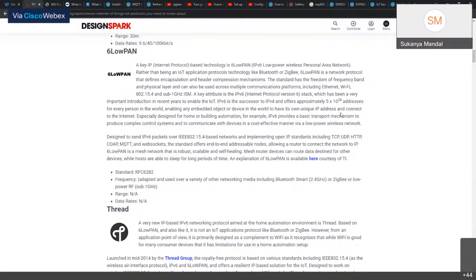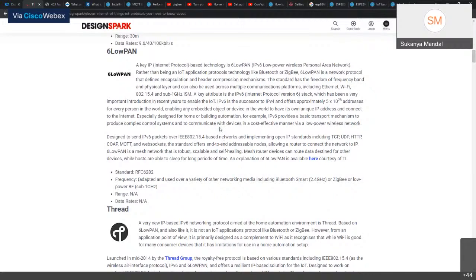So of course, one key attribute of 6-low-PAN is the introduction of the IPv6 protocol that generally enables IoT devices, actually millions of IoT devices, to get registered on a network.